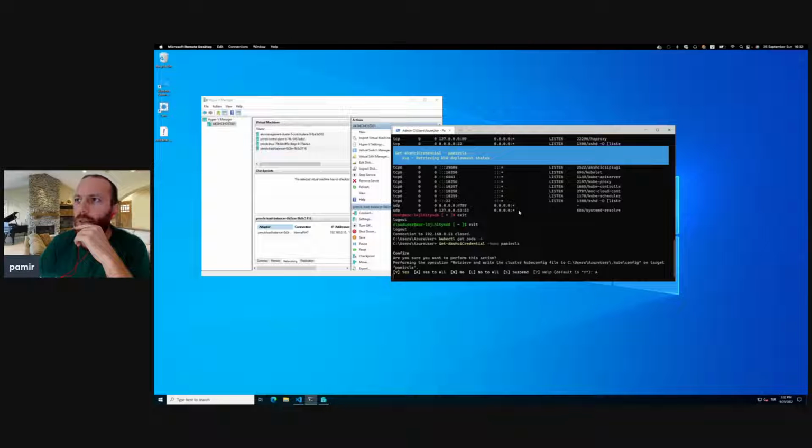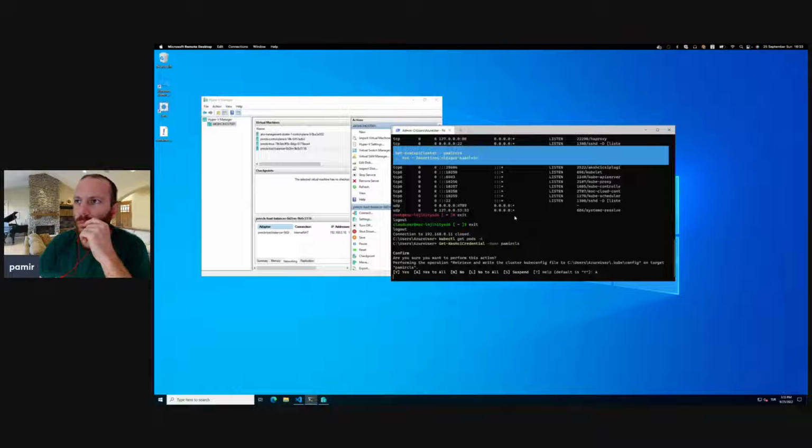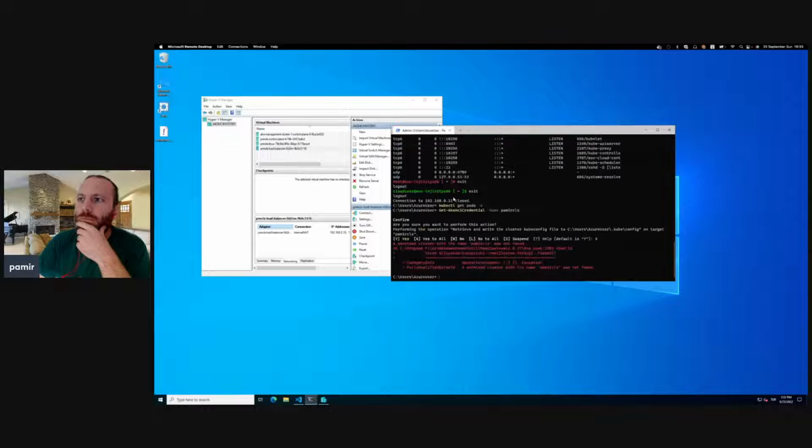It was my bad. I need to fix this one. Not the control plane, I need to fix the load balancer. Was not okay. Get AKSHCI